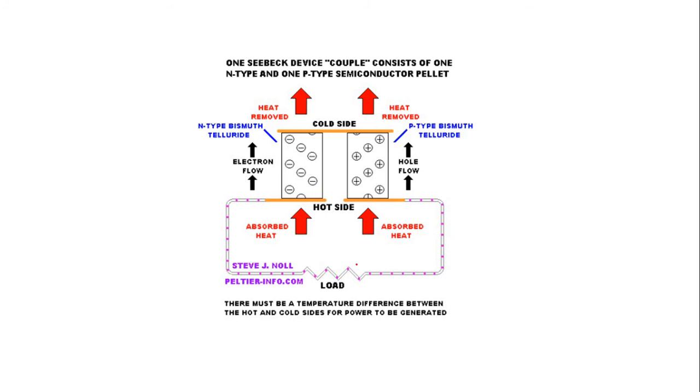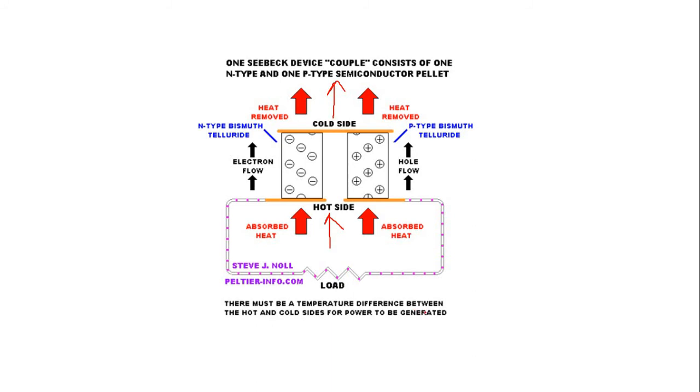Now heat is applied at this side, so heat is absorbed in this direction, and after that heat passes through this p-type and n-type material, and heat is removed, so electron flow is observed in this load. Here on this side heat is applied and then heat is removed, but in this situation the electron path flows in this direction, in this load. The pink dotted line indicates the electron flow in this load circuit.